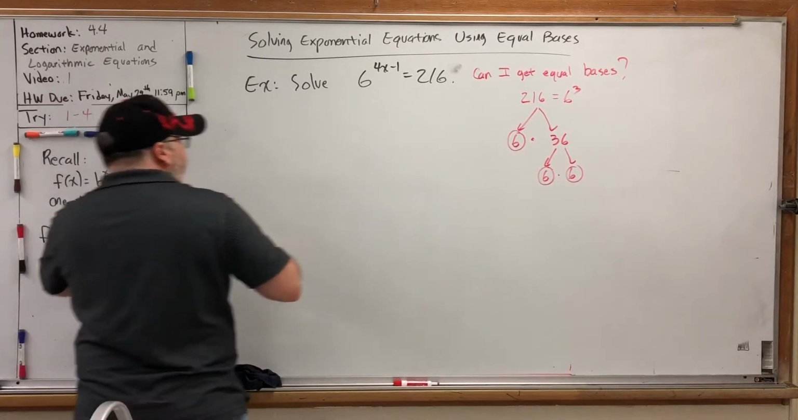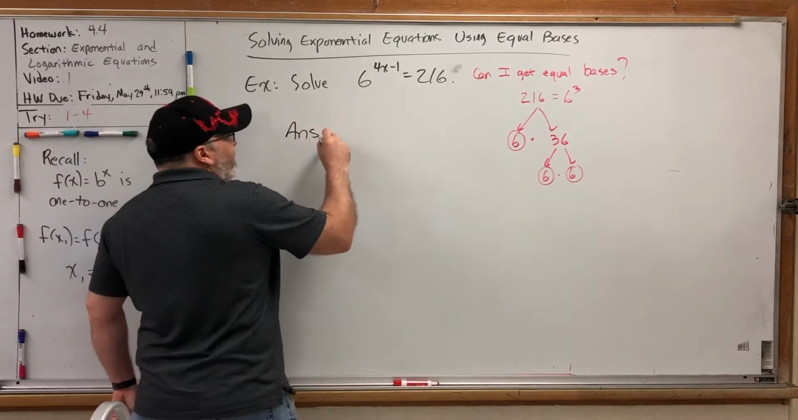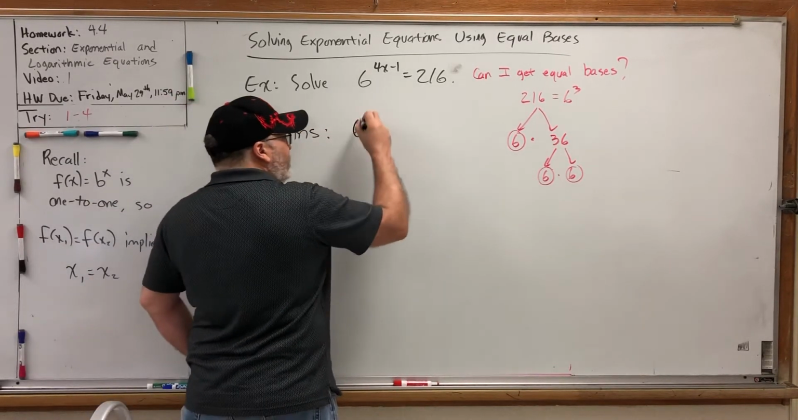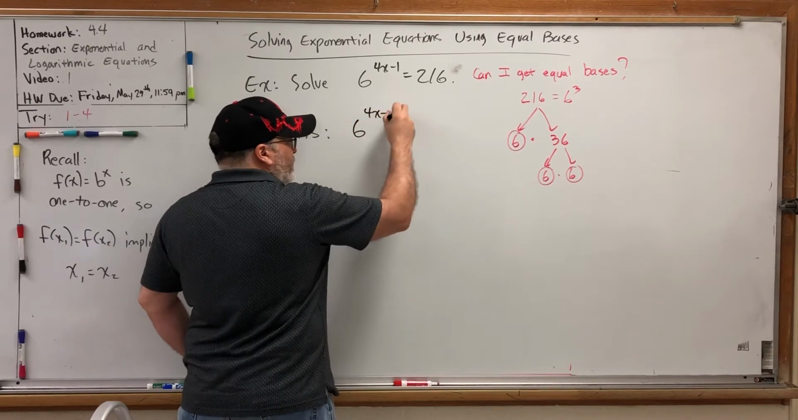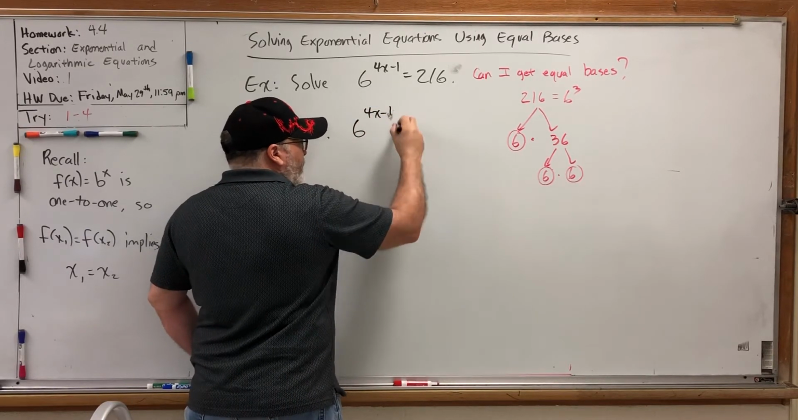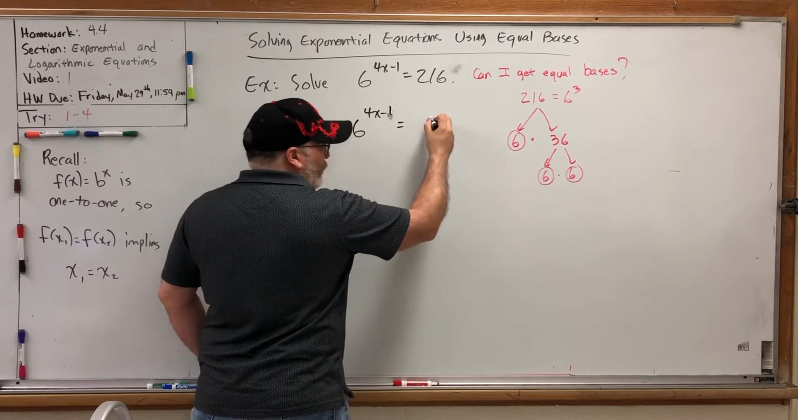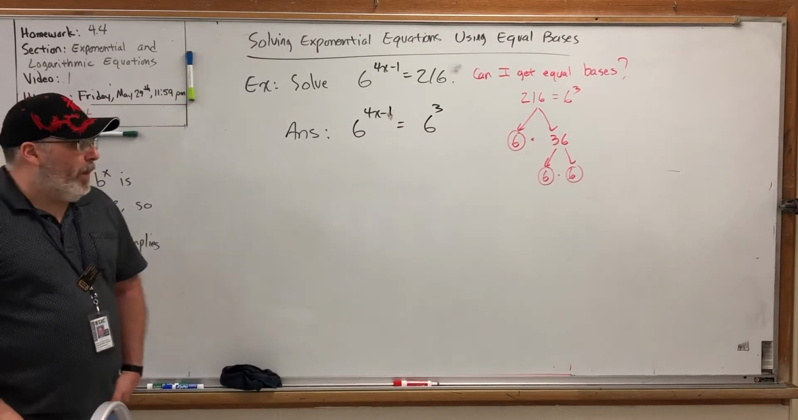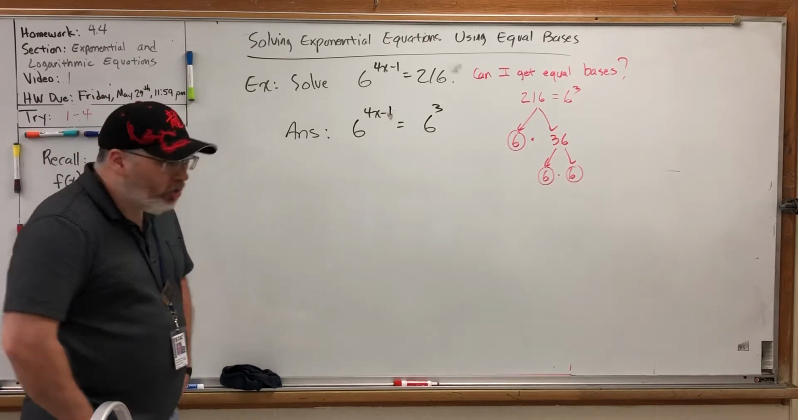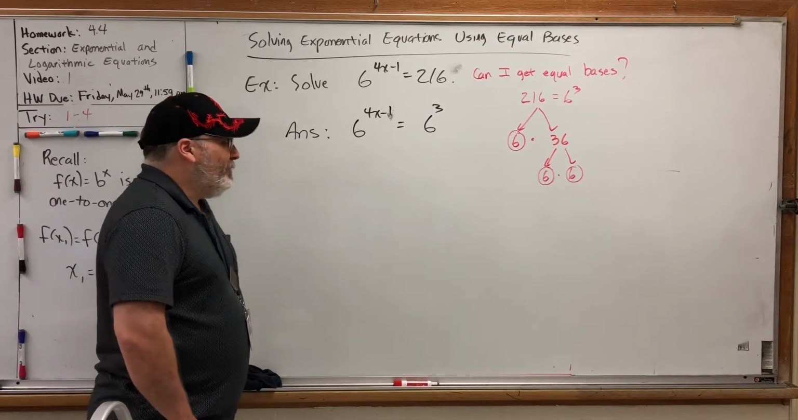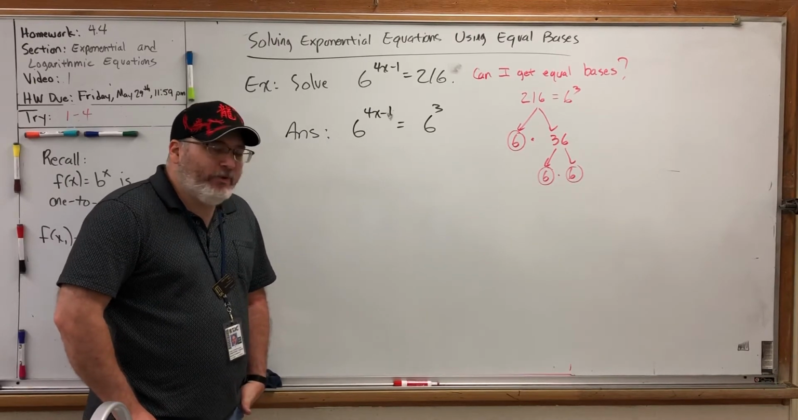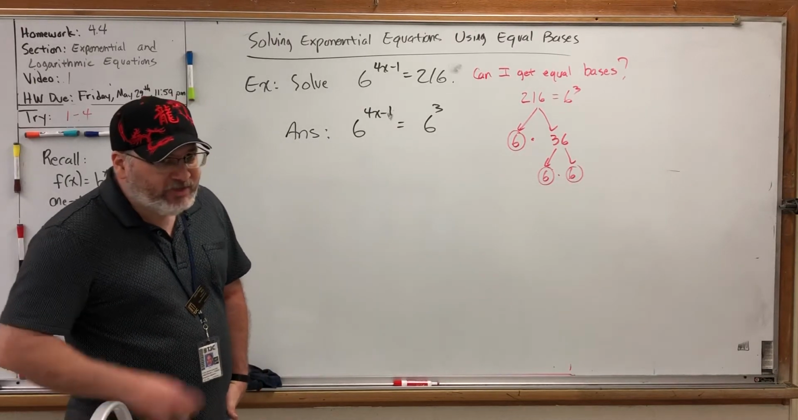That means, yes, I can rewrite this equation using equal bases. The left side is just going to stay 6 to the 4x minus 1, whereas the right side is going to be rewritten as 6 to the 3rd power. Now, why is this advantageous? Well, your instincts might say, let me just cancel the 6's. And you would technically be right, but I want to make sure you know the reason why you can cancel